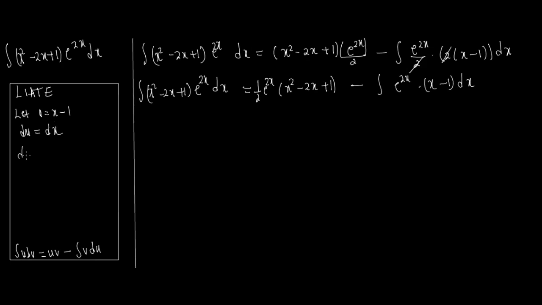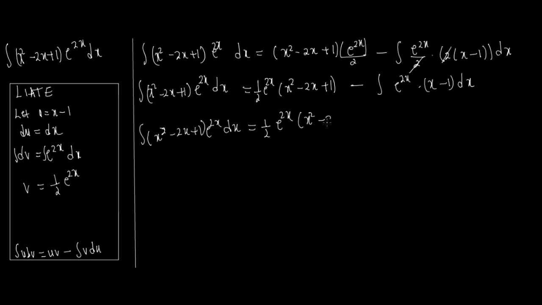And you need to find v. So dv is everything that remains after taking du. So we'll have e to the 2x dx. So v will be equal to 1 over 2 e to the 2x. So I'll have the integral of x squared minus 2x plus 1 times e to the 2x dx, which is equal to